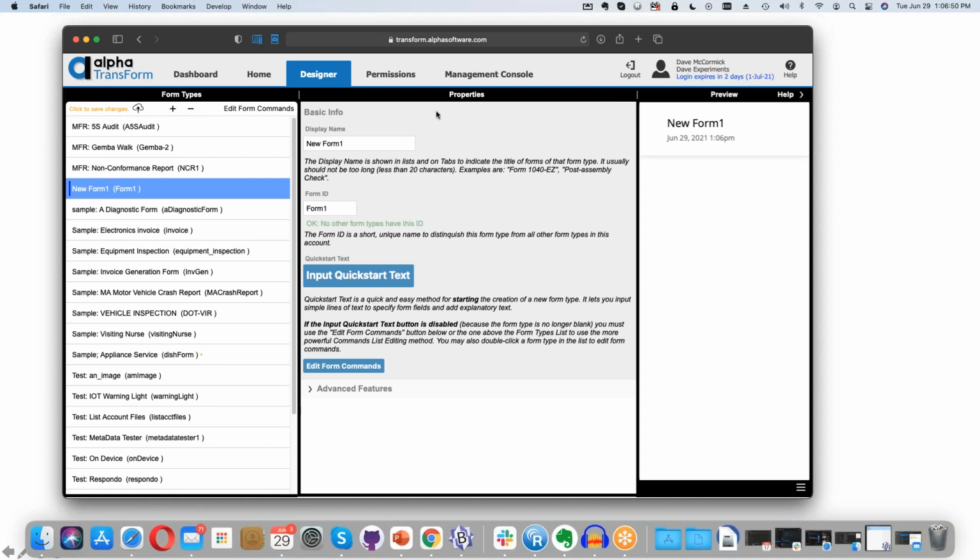Cool. Now what we see here is a property sheet has appeared. And over here in the preview, we have the very beginning of our new form. In fact, our new form doesn't have any fields or questions on it. It just has this heading. And I'm going to go ahead and change that. So I'm going to call this, let's see, this is TransForm Tuesday. So I'm going to say TT inspection